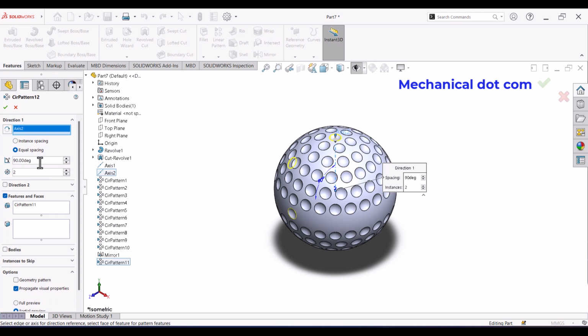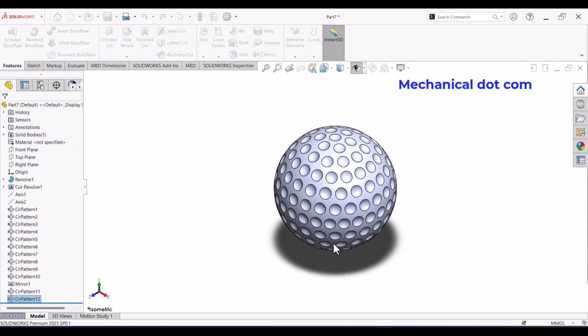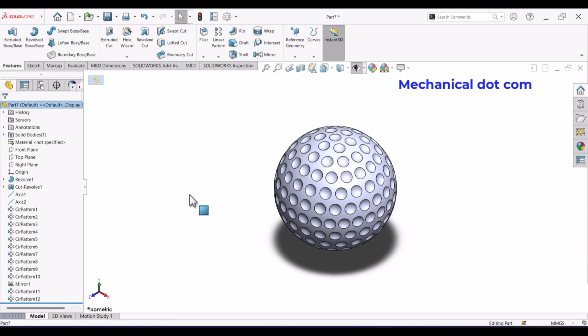Okay, and now the angle is 360 degree, and we want 27 such patterns. So we will type 27 and press OK. See, now our part is complete, but we want to fillet these patterns.